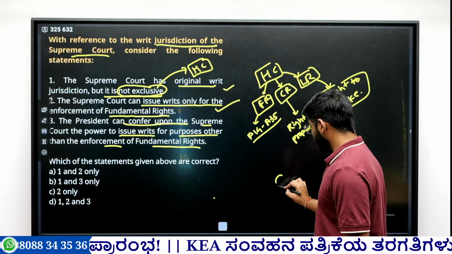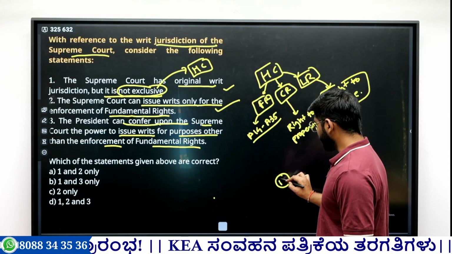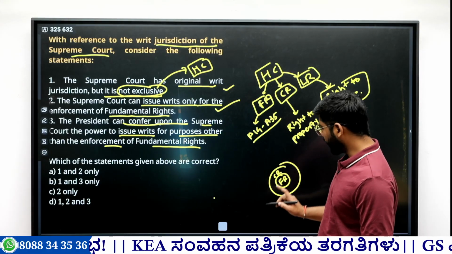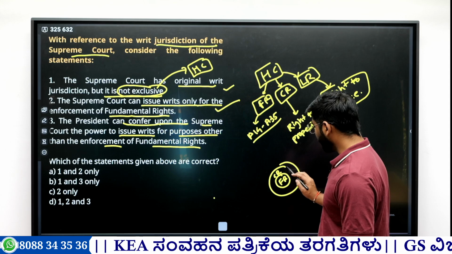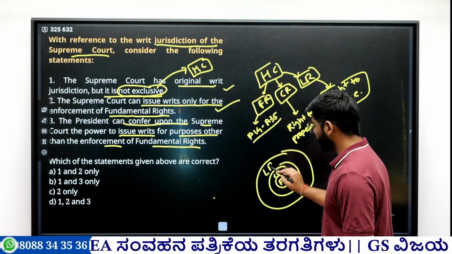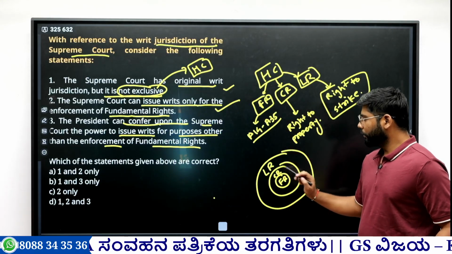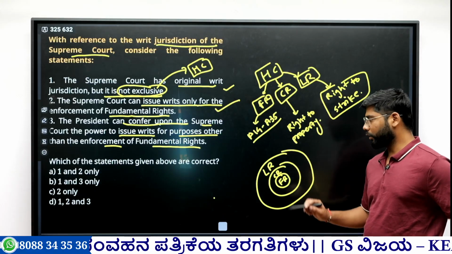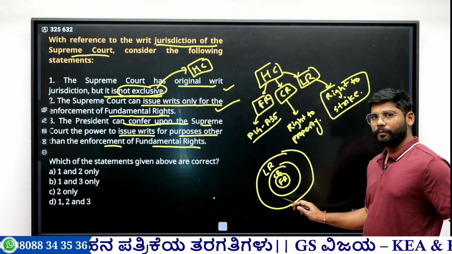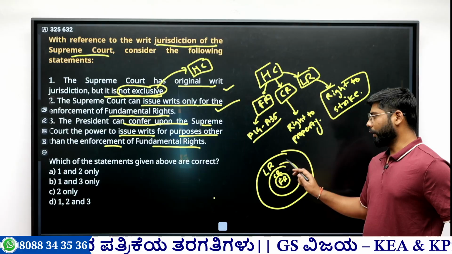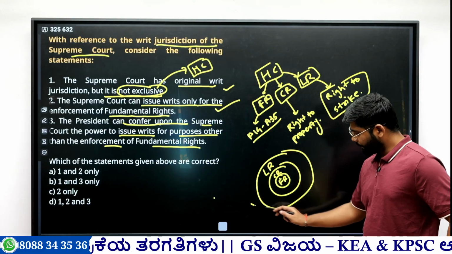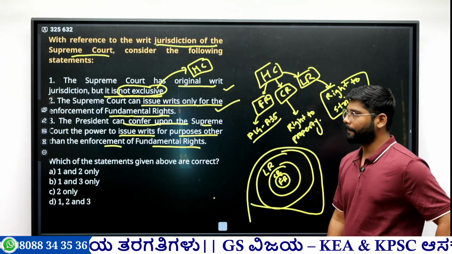Now, all fundamental rights are constitutional rights. All the fundamental rights and the constitutional rights are legal rights, but it is not vice versa. All legal rights are not constitutional rights or fundamental rights, and constitutional rights are not all fundamental rights, but all fundamental rights are constitutional rights, and all fundamental rights and constitutional rights are legal rights. Quite confusing, but remember this one.